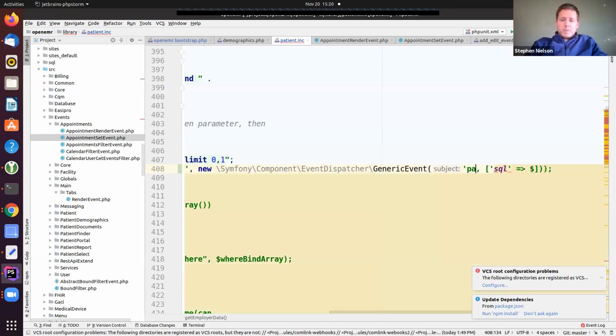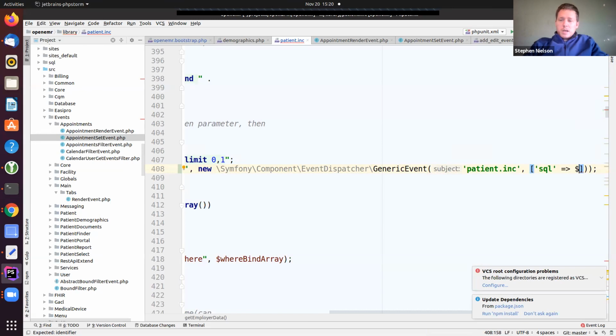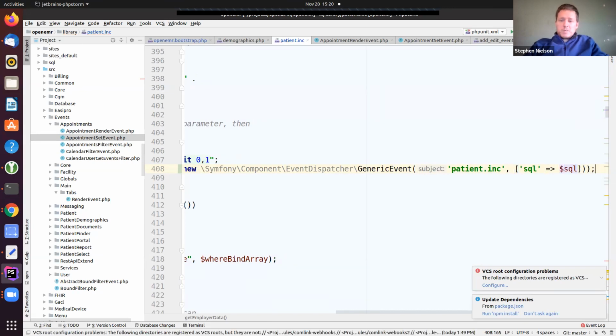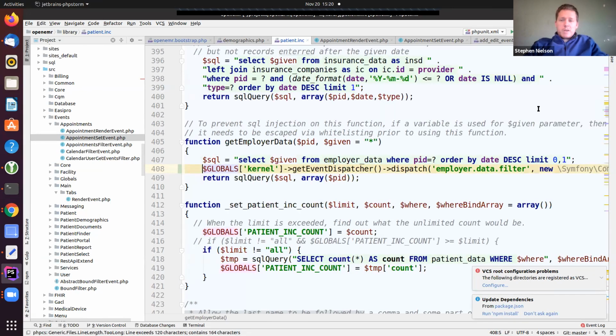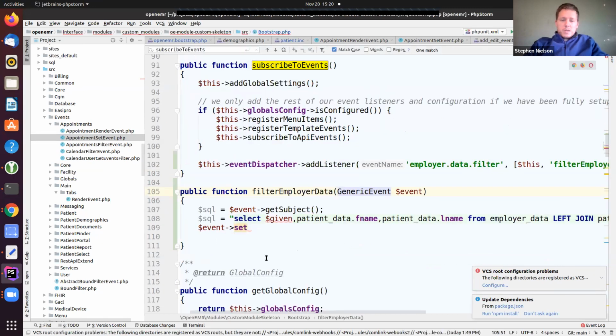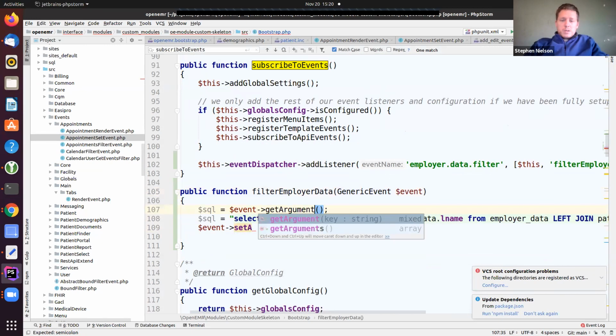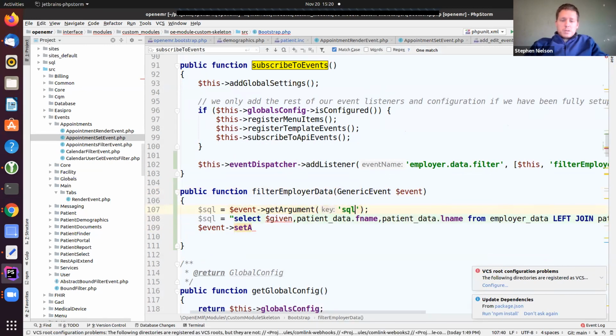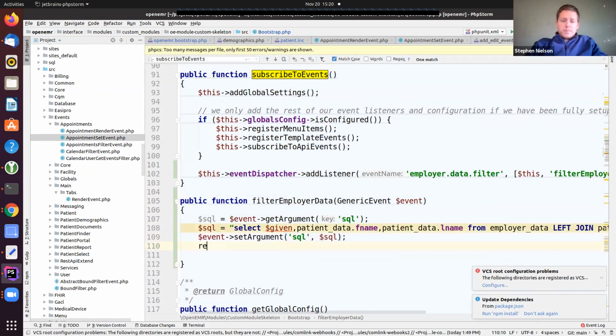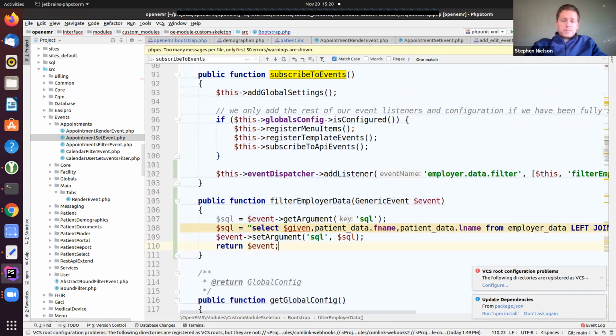In this case, it would be patient.inc or whatever this thing is about. And we're going to pass in the argument because I need to be able to modify the value of the event. So here, I'm going to do get argument, set argument, my new modified value, and I'll return the event.